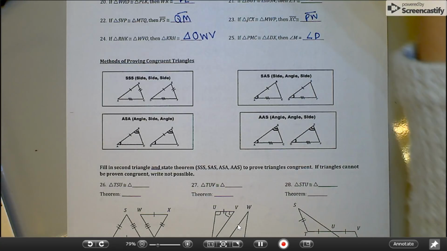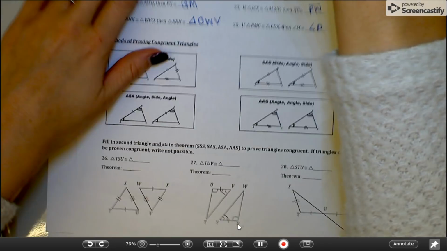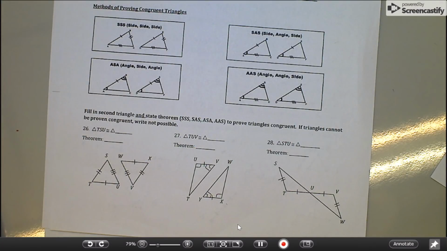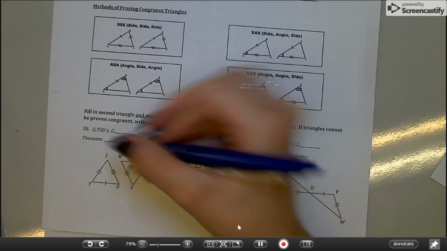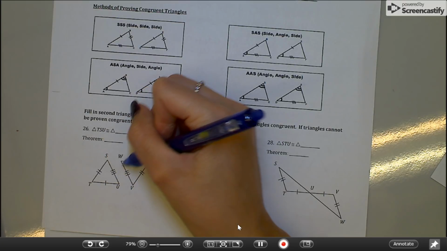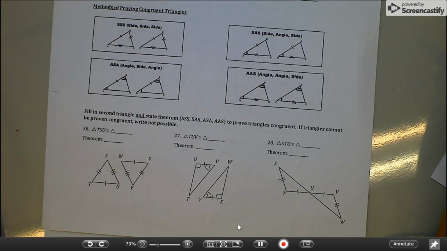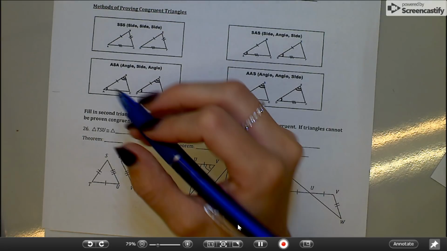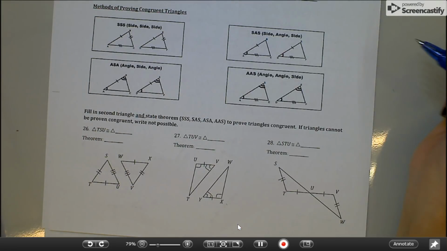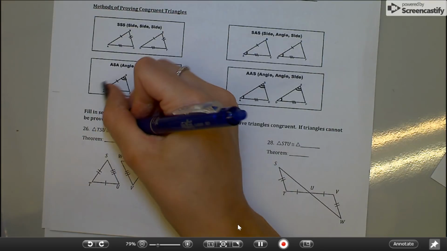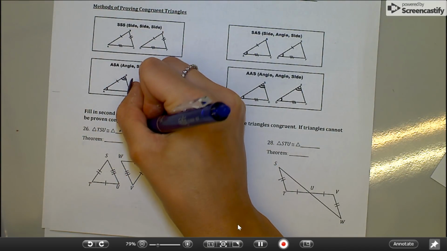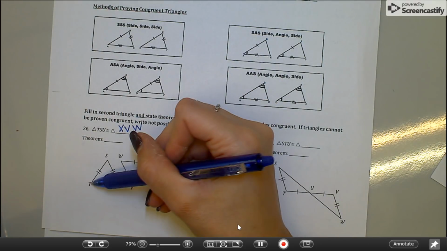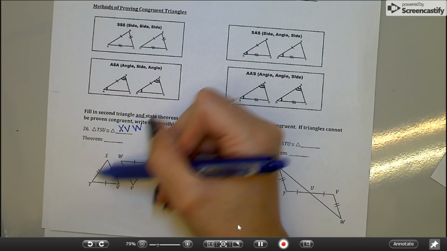Now, the next part, it's saying to fill in the second triangle and state which theorem is used to prove the triangles congruent. If they cannot be proven congruent, write not possible, okay? So, for number 26, TSU, okay, we know that we have all 3 sides corresponding to be congruent. So what we can say is if we have triangle TSU, it would be congruent to triangle XVW. Okay, the reason is we go through these two markings because we go from T to S to U,